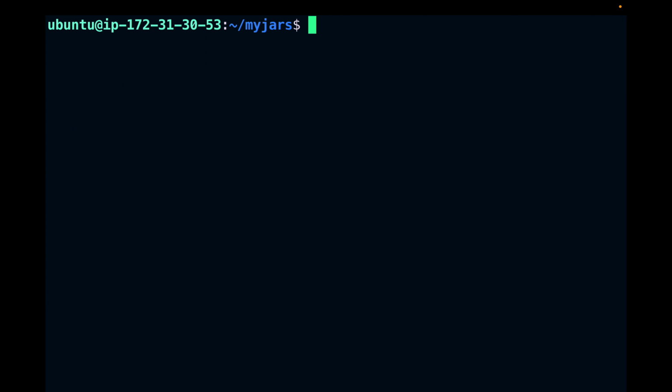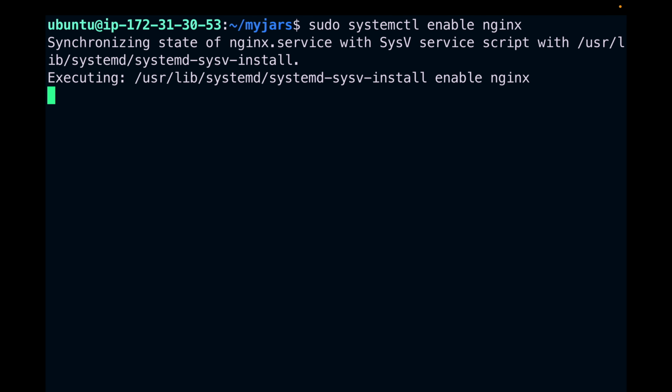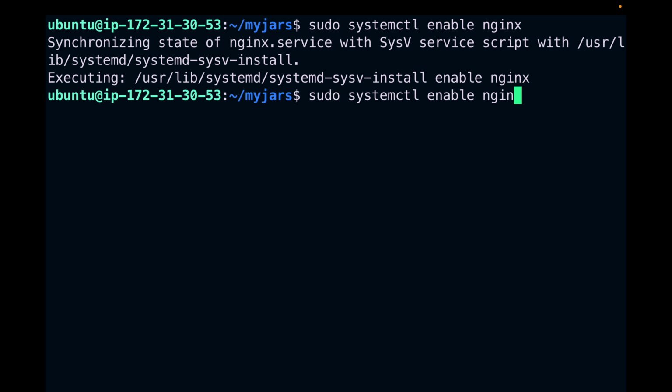Now we can enable Nginx and start Nginx. So for that, we can say sudo systemctl enable nginx, and we can say sudo systemctl start nginx. Now to check if Nginx is successfully installed or not, we can make the GET request